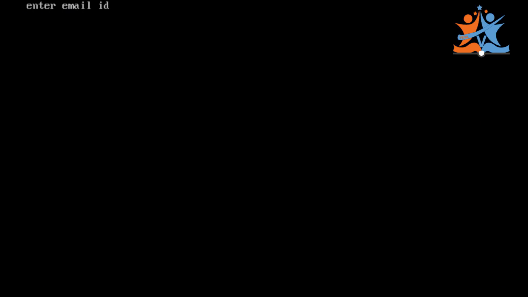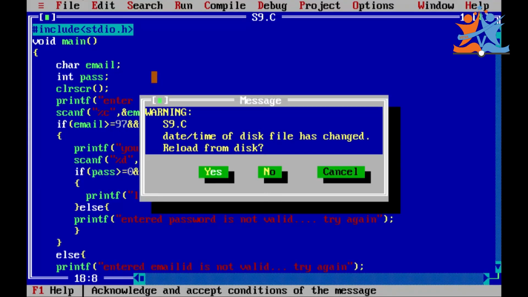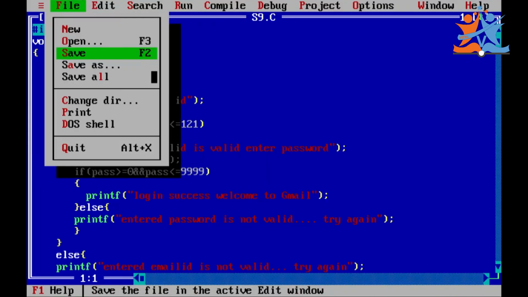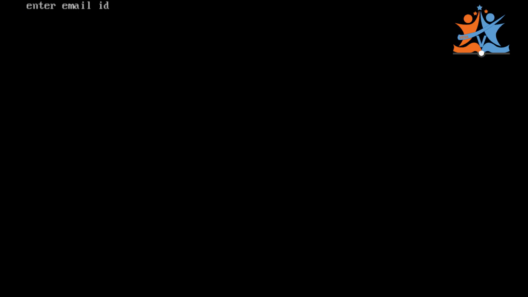Enter email ID. For example, my email ID is 1234. Entered email ID is not valid, try again. We entered a wrong email ID. File, run the program. My email ID is W. Your email ID is valid, enter password.